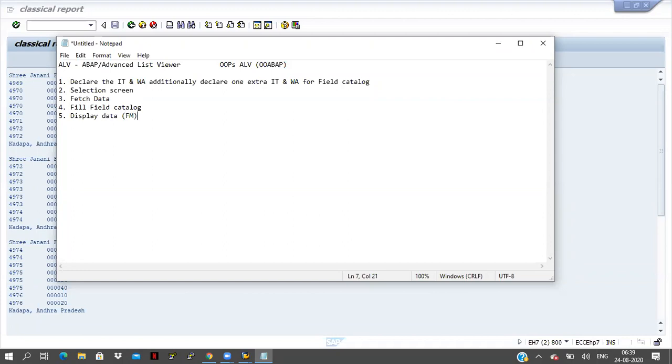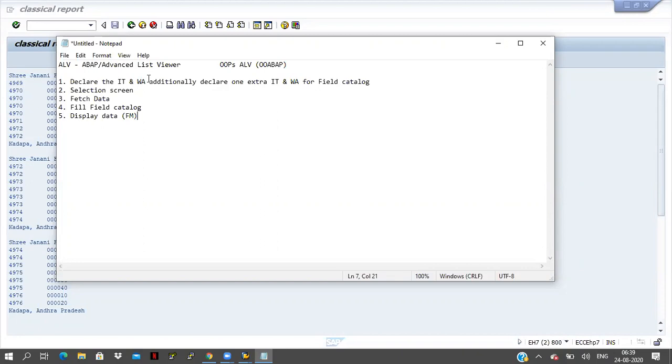If you want to work on an ALV report, then we have to follow some steps. First of all, declare one internal table. How many internal tables are participating? That many. If you are using an inner join, then only one internal table is enough.